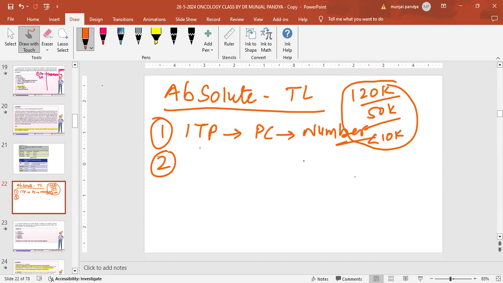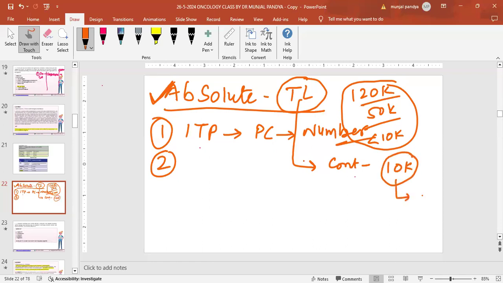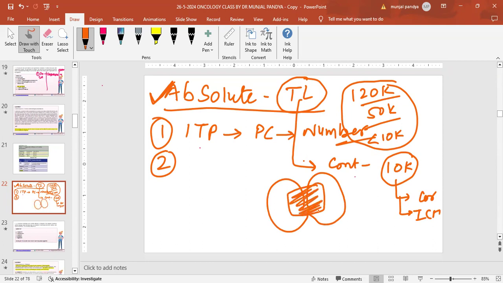So if you don't know, don't get stressed. Go open up the book today and read the absolute contraindications of thrombolytic, because whenever you give thrombolytic, the first thing that should come to your mind is what the contraindications are. Because if the platelets are 10,000 and you give the thrombolytic, the coronary will open up, but after 4 hours he will come with a severe headache and massive intracranial hemorrhage. His brain is full of blood. This is massive hemorrhage, so the patient dies anyway because of intracranial hemorrhage.